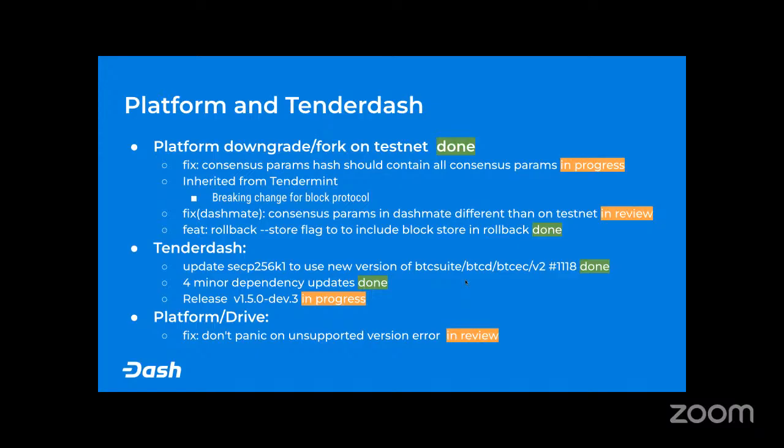Yeah, hi. So we had a few topics in terms of Tender Rush last sprint. The first one is platform downgrade and fork, which was, I think, finalized during the call 2 weeks ago, but just for follow up,